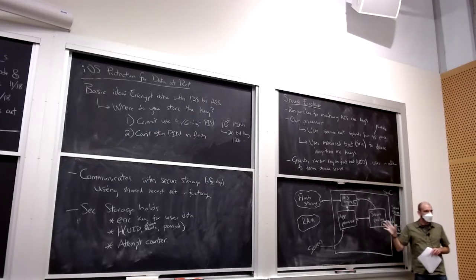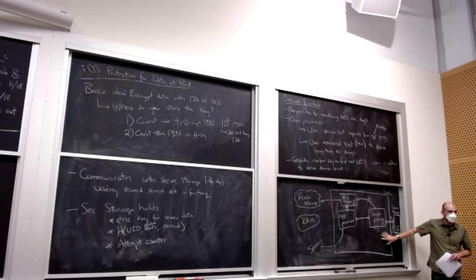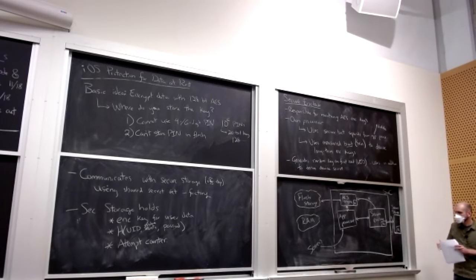So it's like a lot of steps just to get from a PIN to an encryption key. This would be so much simpler if we just remembered 128 bits, but because we don't, you have to add all this hardware to protect against attacks. So now the question is, the whole point is we're trying to protect against brute force PIN guessing attacks,